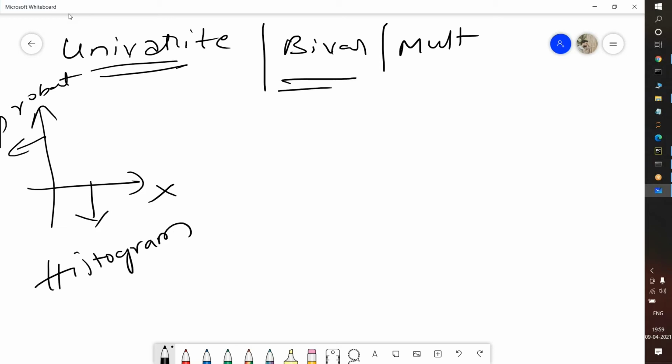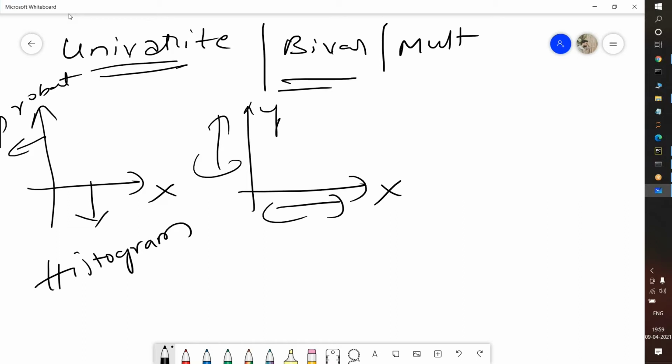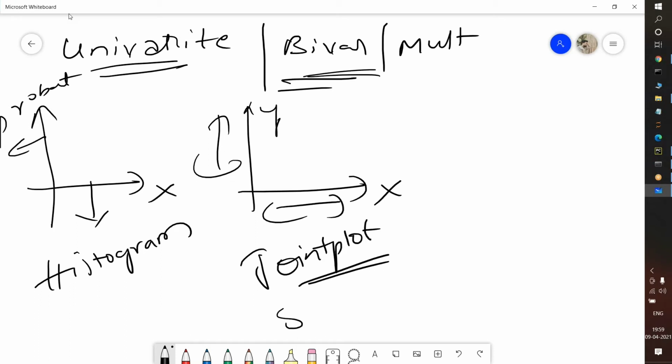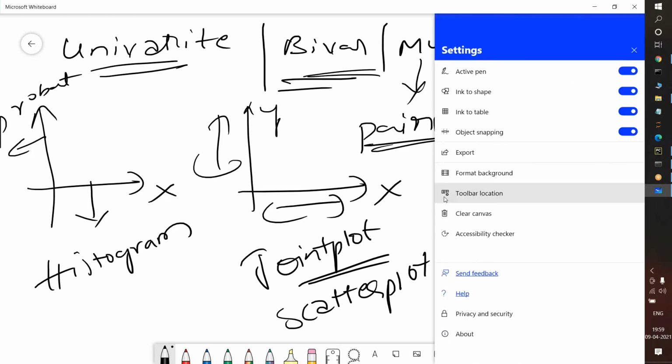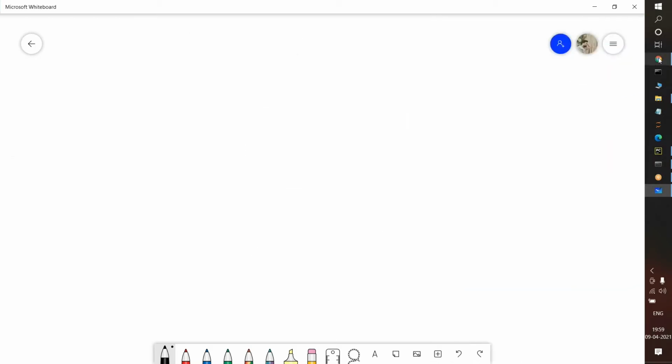And bivariate analysis means I am having an x column and a y column. I will have the x values and the y values. This is known as bivariate analysis. The best example is the joint plot I told you about, another best example in Seaborn. In Matplotlib, the best example is the scatter plot. But in multivariate analysis, the best example is the pair plot in Seaborn. I will tell you how we can plot the pair plot. This is the difference between univariate, bivariate, and multivariate analysis.